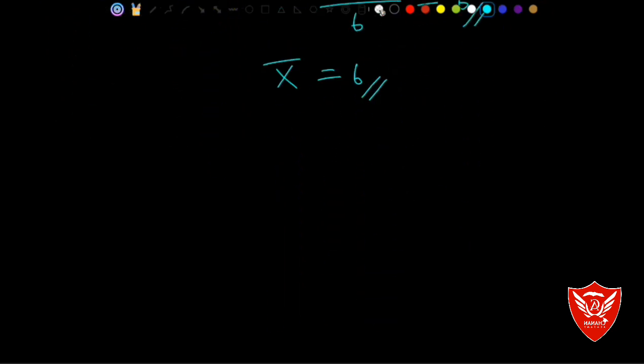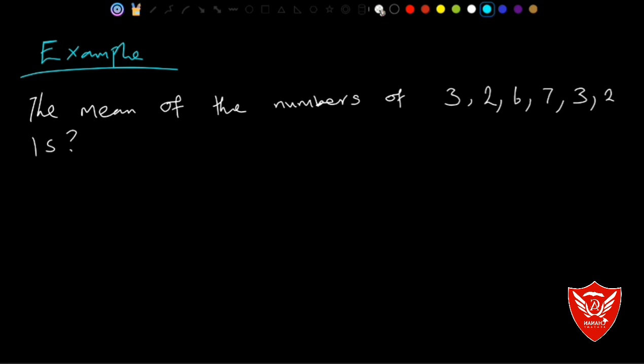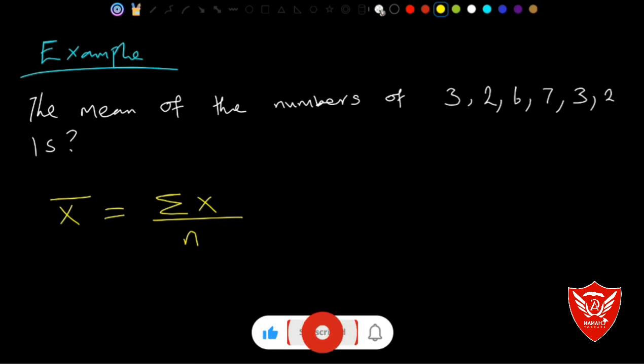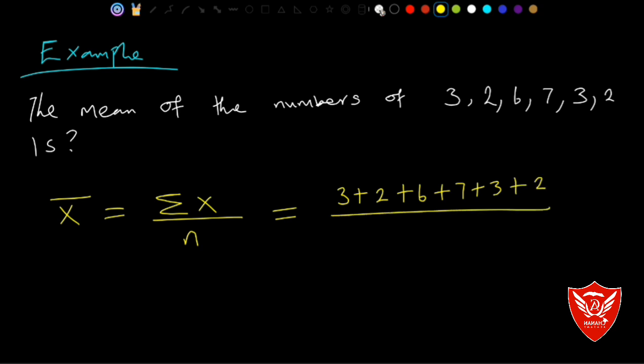All right, so let's take one more example. So the question says, the mean of these numbers is, don't forget the formula remains x bar equal to the summation of x over the number of observation. Don't forget that, because once you know this, getting the mean is going to be very simple. So which is now going to be, we sum all the observation together and then we divide by the number of observation. So we have 3 plus 2 plus 6 plus 7 plus 3 plus 2 all over the number